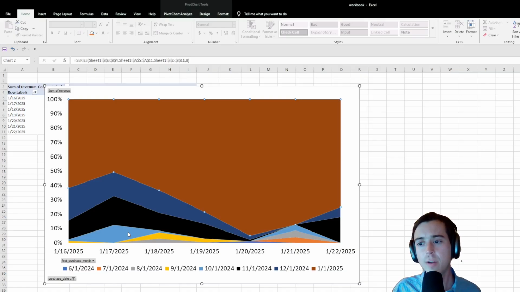And again, you can infer that because you're seeing revenue for example, January 19, 2025, and you see that most of it is coming from monetizers who made their very first purchase in this very same month. And yes, we have 20% of those same monetizers contributing revenue on January 19, 2025, making their first purchase in December and November of 2024. But if you take it collectively, you can get a broad yet actionable understanding on what the average life cycle is for your monetizers using this very simple